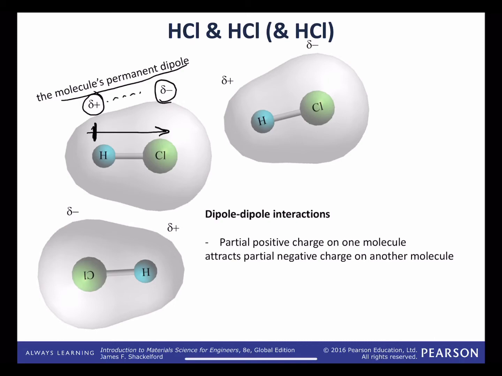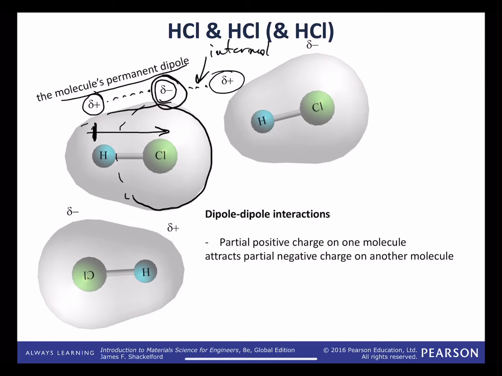You can use an arrow like that, or you can use the delta plus delta minus notation for that. And so if we consider the chlorine as being more negative in partial charge due to its electronegativity value, its ability to attract electrons away from the hydrogen towards the chlorine to give us more electron density over at the chlorine half, then it makes sense to try to position the next delta plus on the neighboring molecule near that delta minus. So here's an intermolecular force